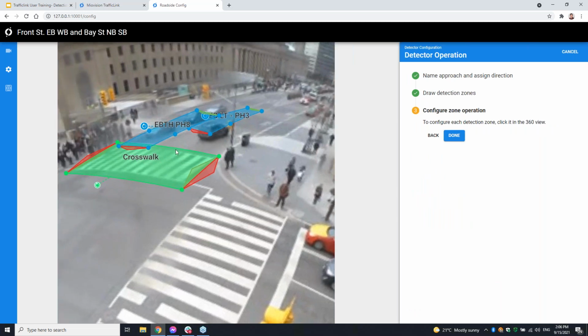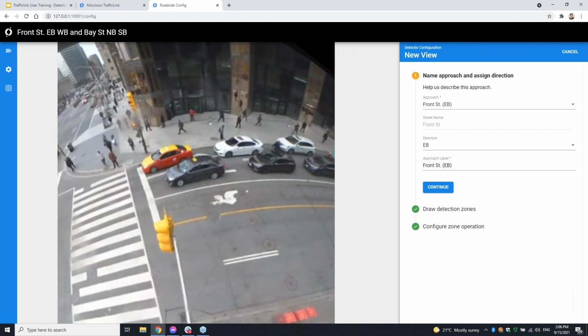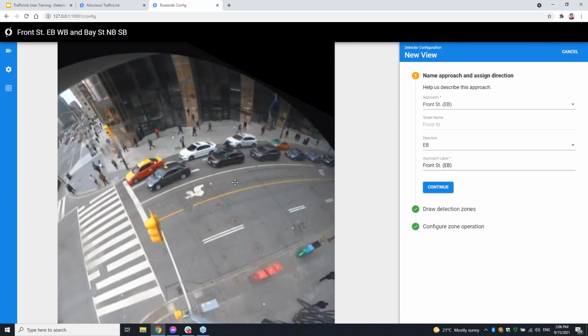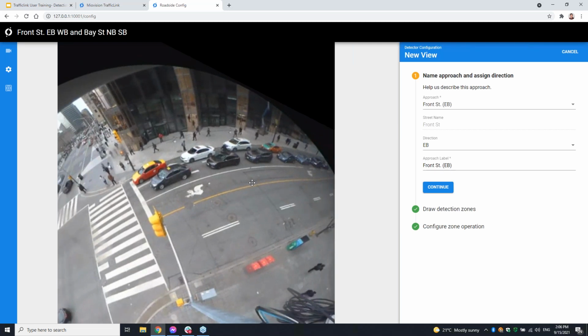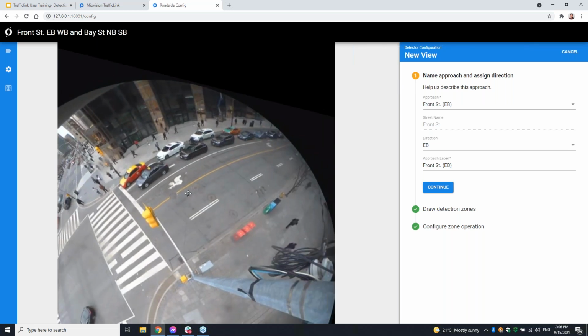So now we have our pedestrian zone and our vehicle detection zones, both done for this approach. Now I saved that, and we can see it here as well. So let's just do one more quickly. Then I'll probably go for another 10 minutes or so, and then we'll wrap the session up a little bit early. I think I originally only planned to go to about 2 o'clock today, but because we had a late start, I'll go a little bit longer.